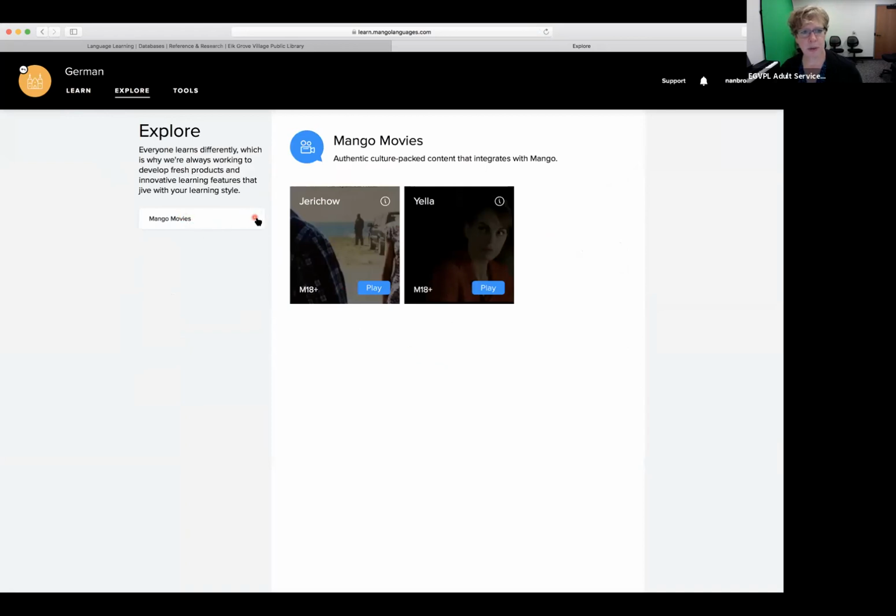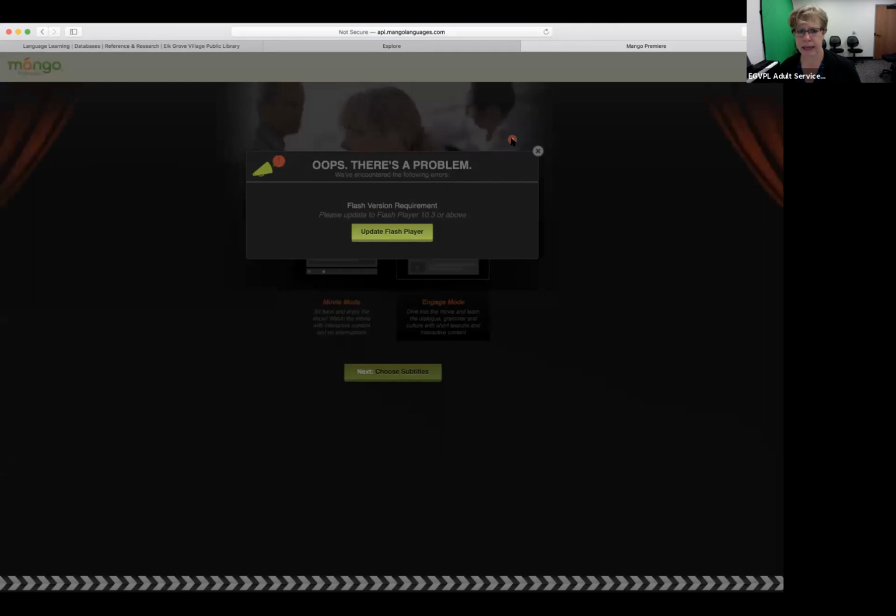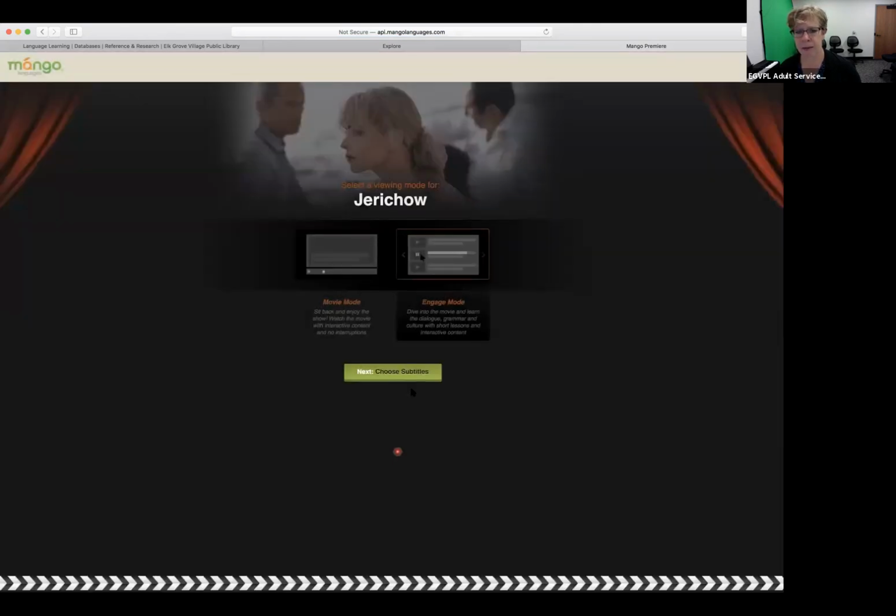There's just 2 listed here for German, but it's good to know that they're mature 18 plus movies, but you could then watch a movie and you could have the subtitles on. Okay, I don't have my Flash player updated. Not sure if that'll show or not. Maybe not. So you can choose, we either watch it in movie mode, so you're just listening and trying to understand it that way, or in the engage mode where